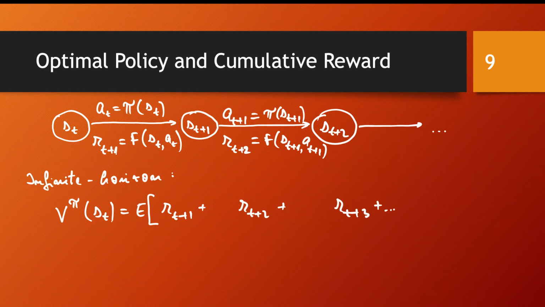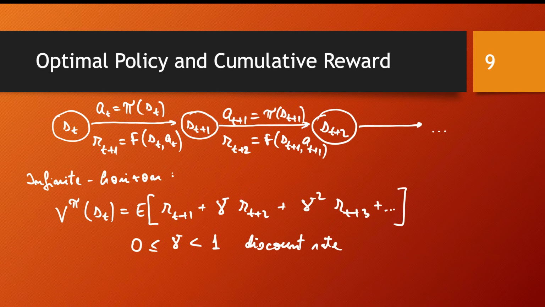And the point here is that if you write it like this, there is a chance that this sum is going to in fact give you an infinite return. So there is a mathematical reason to add some weights here, and I will take some gamma, which is called the discount rate. This gamma is a constant discount rate. We are going to have plus gamma here, plus gamma squared here, and so on. The powers of gamma increase.